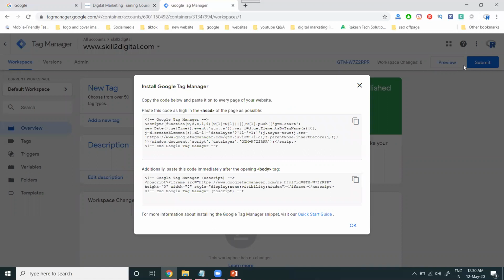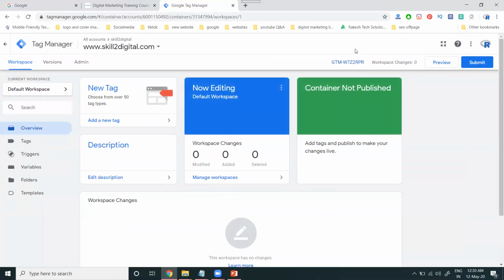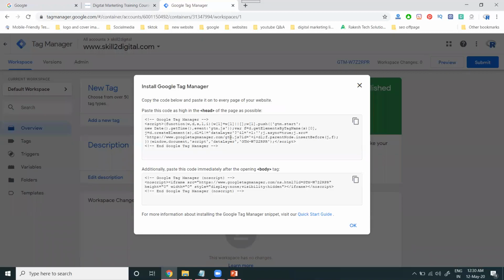You may have one question: suddenly the codes were removed or the option was closed. Simple. Here one ID will be shown. Just click here and the code will be visible. Two codes will be placed. The first code will be placed in the header format. The second code will be copied in the body format.